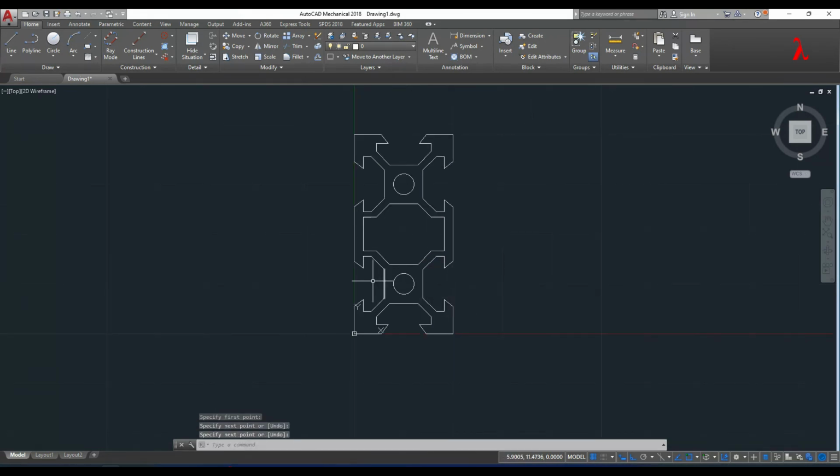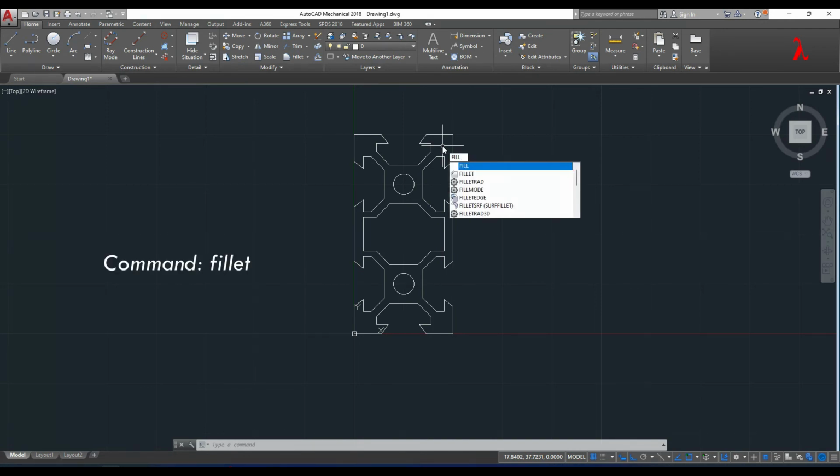Fine. Our aluminum 20 by 20 profile, 20 by 40, is now ready. But before that, we make the corners a little bit round. So we use fillet